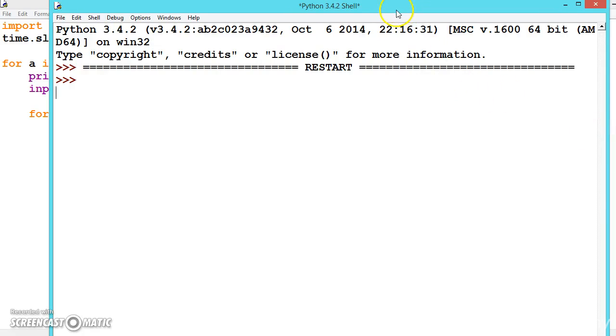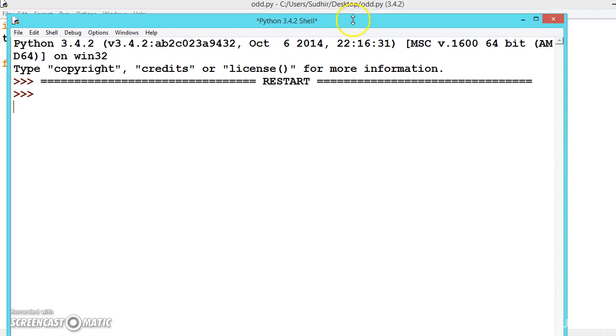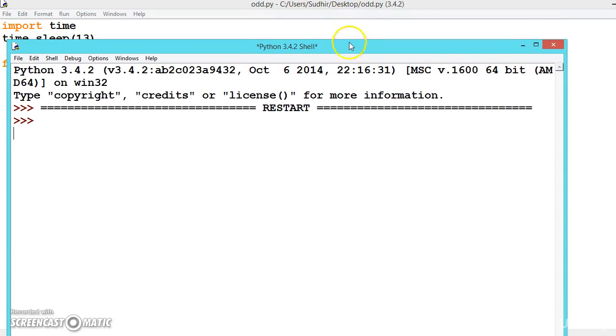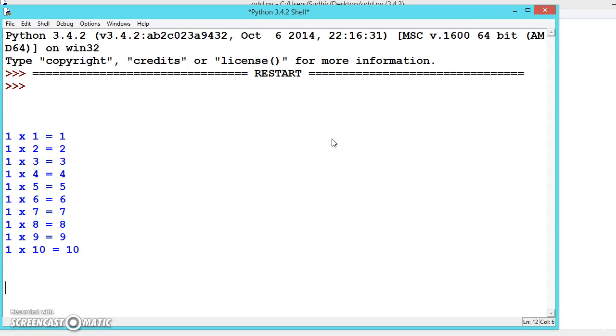Now I want to give a small assignment for you. Let me show you the first output. In the previous example, we created a multiplication table, but we are waiting for 3 seconds. But write a small code that will make, whenever you press the enter, the multiplication table print like